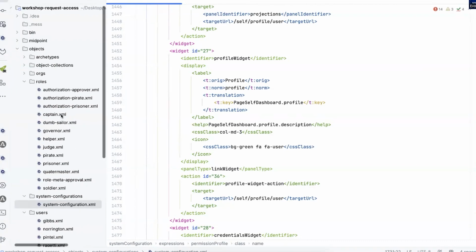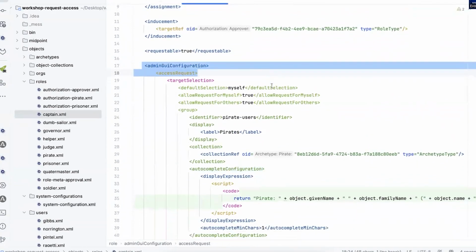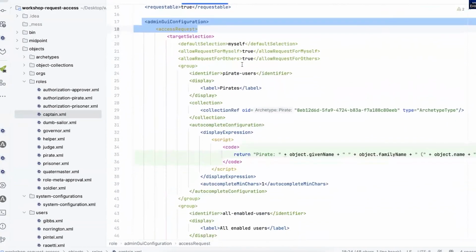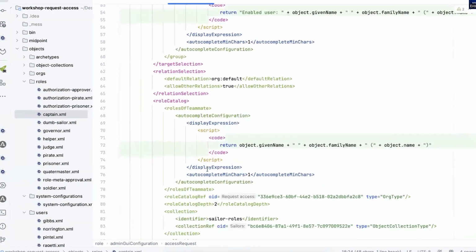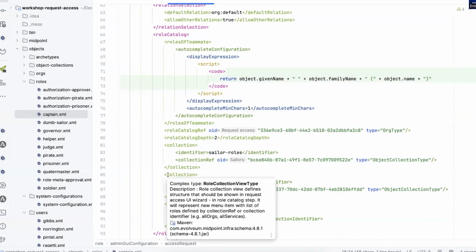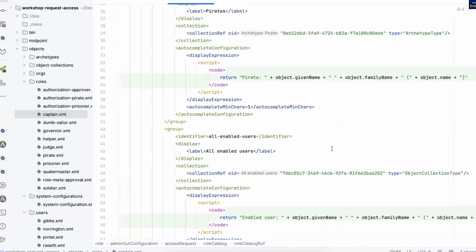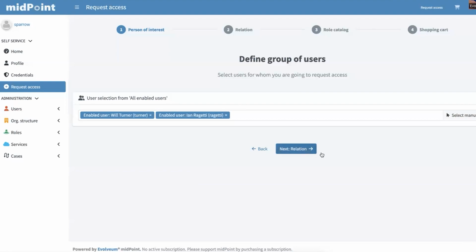But Captain, in our case Jack Sparrow, has custom admin GUI configuration in his role. And in here we can see that I've put in a lot more options. I turned on all kinds of switches so that I can showcase the features in the request access wizard. So if we go through the first step that we are just going through,